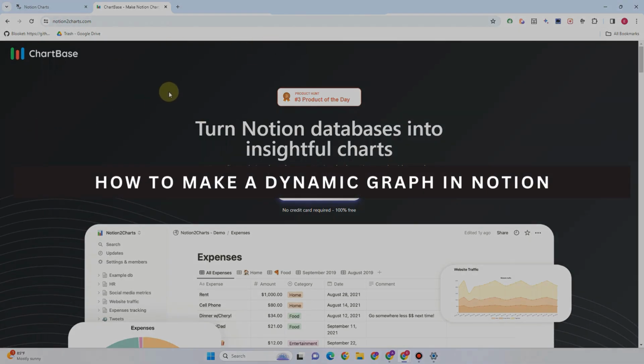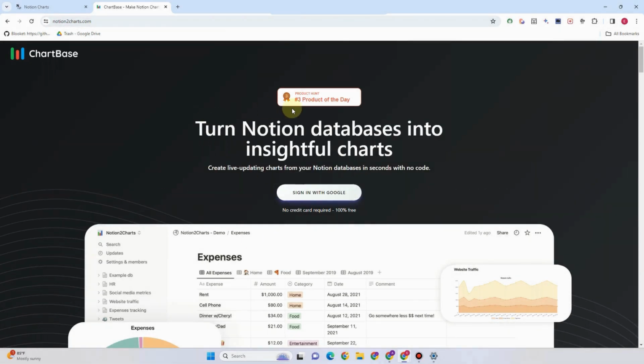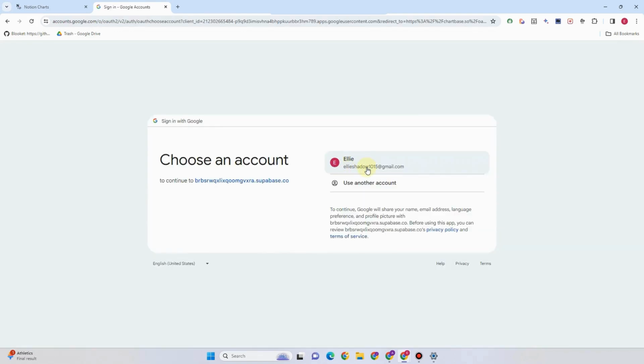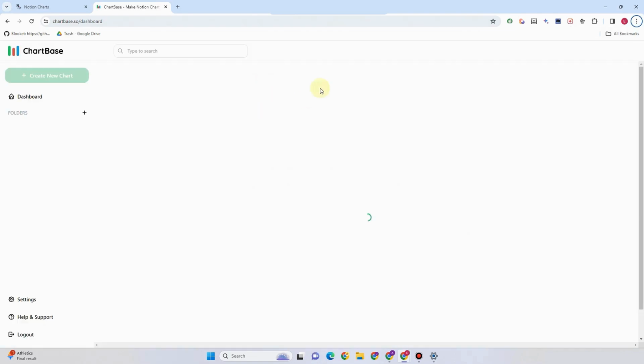How to make a dynamic graph in Notion. So this is a very easy tutorial. First, what you're going to do is go to this Chartbase. You have to create an account here in Chartbase, or you can just simply type what's in